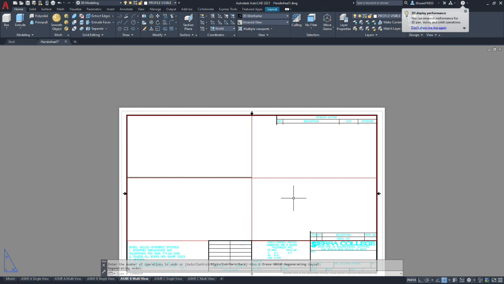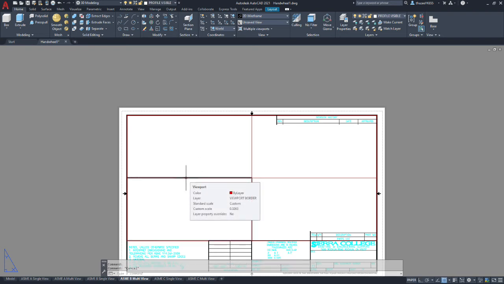Okay, so we're going to need to do some reconfiguration of the viewports. We want one large viewport here, another one in the middle, and another one on the right so that we can create our views. I have our main front view here, and then a right view. So basically we need 3 viewports. Okay, so if we select on one of the viewports by itself, we should be able to change its size.